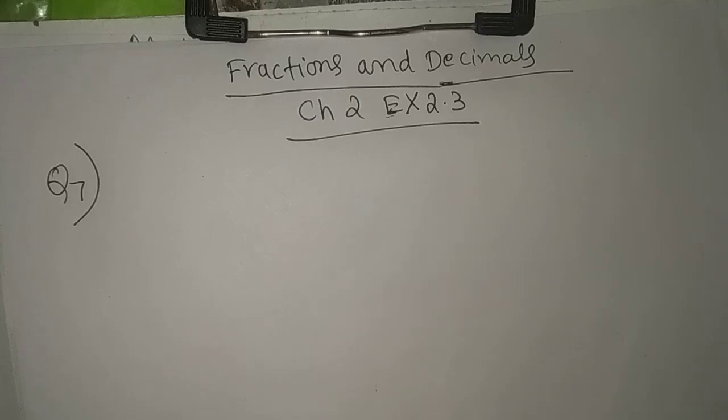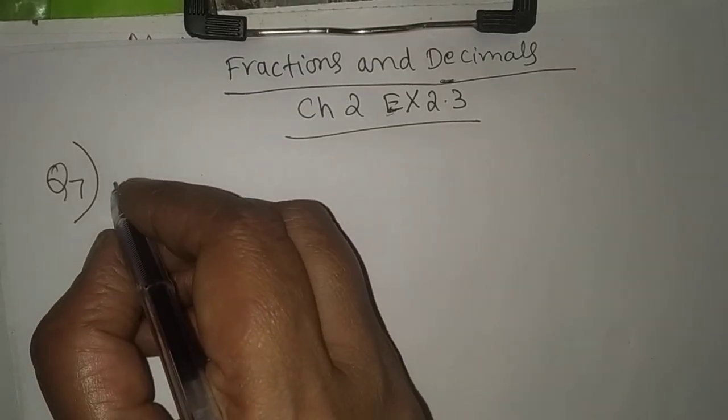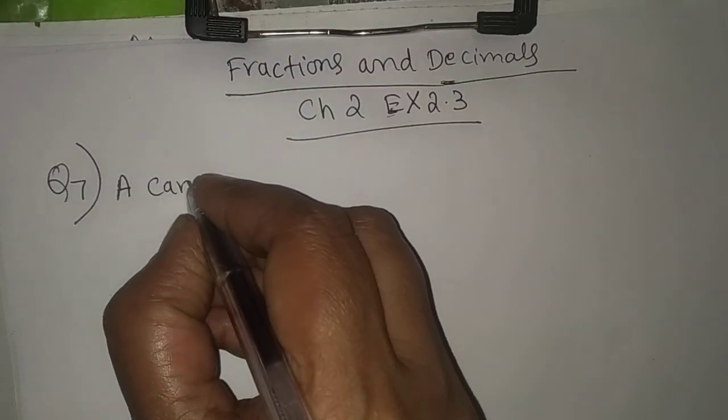Welcome back, students. In this class we continue fractions and decimals, chapter 2, exercise 2.3. We continue with question 7. Question 7 is: a car